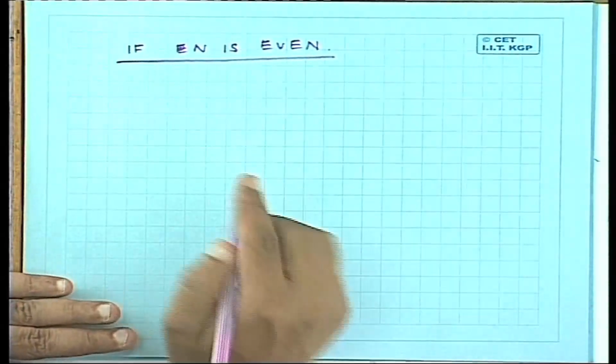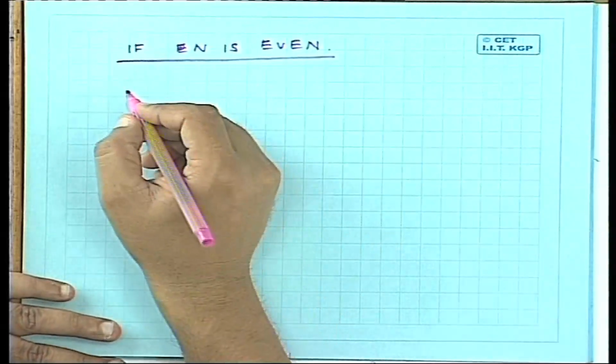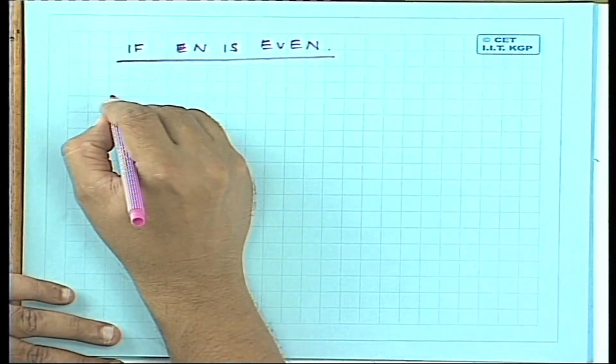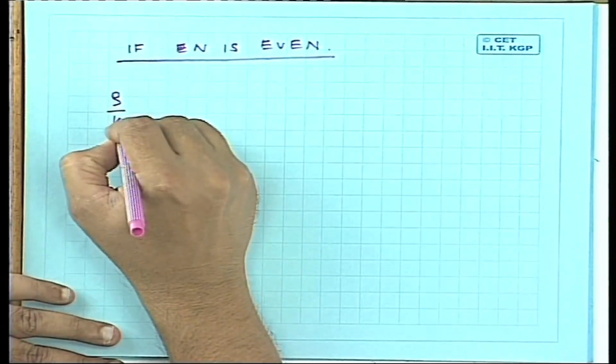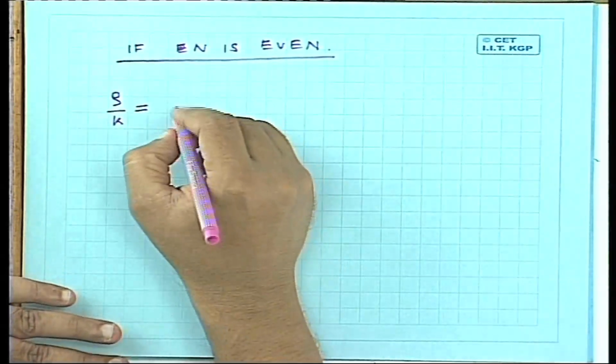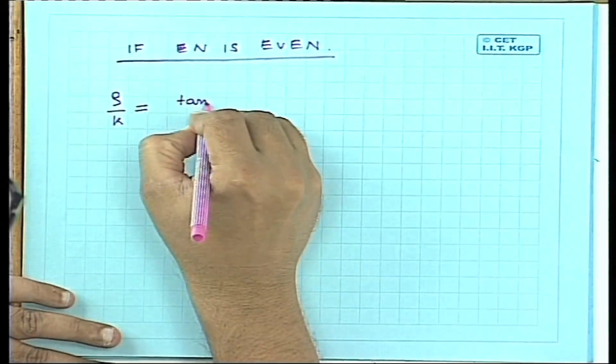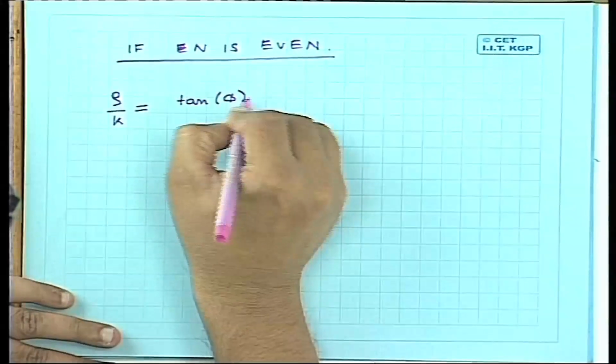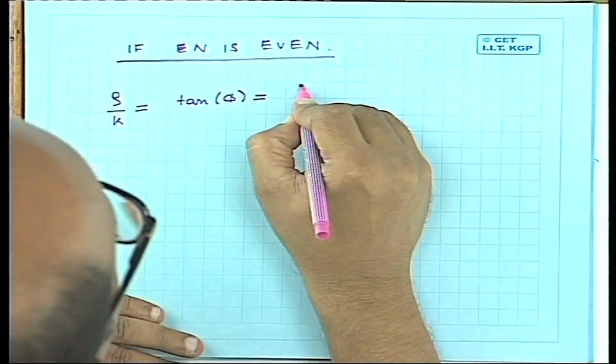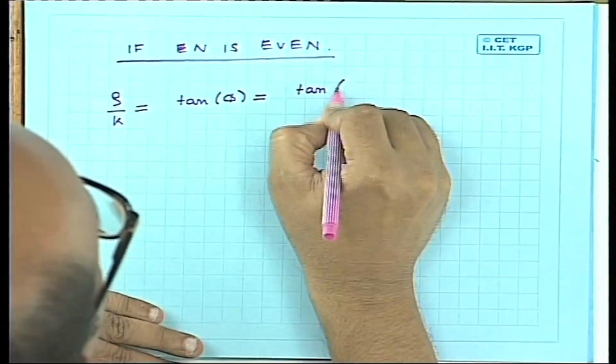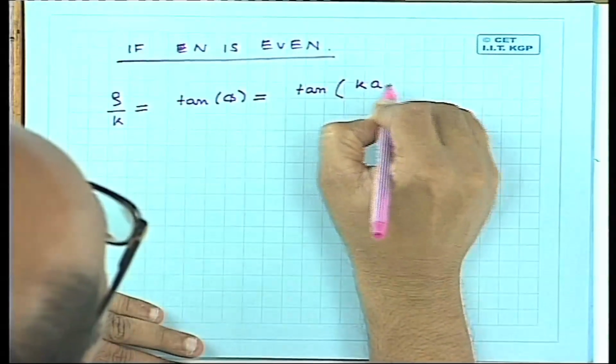It tells us that rho by k is equal to tan phi, and this is equal to tan ka plus